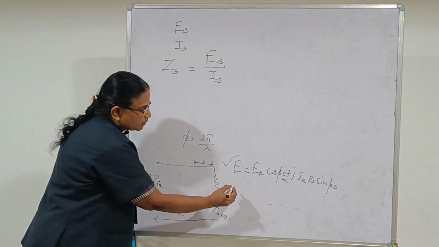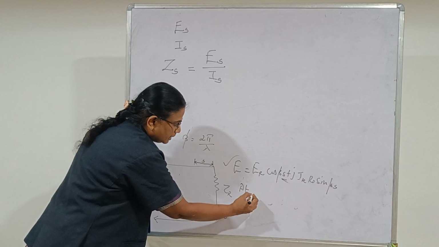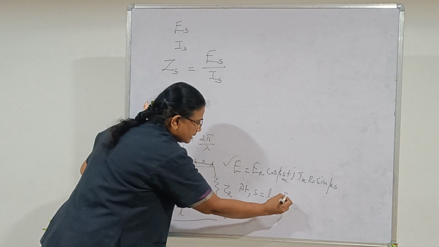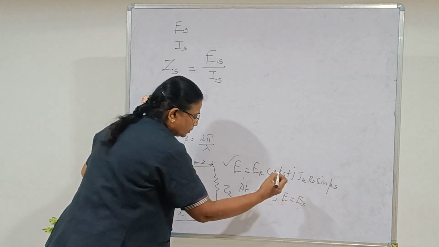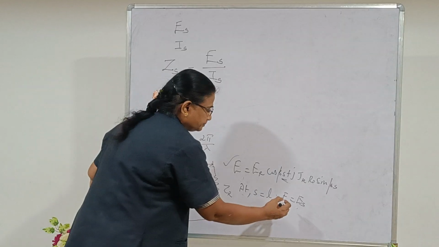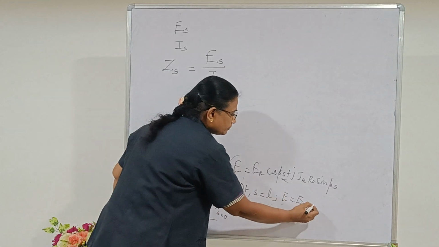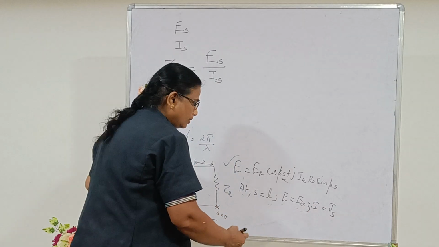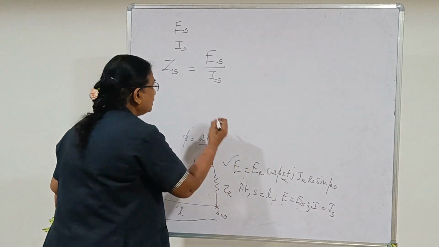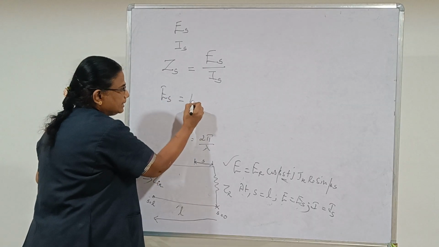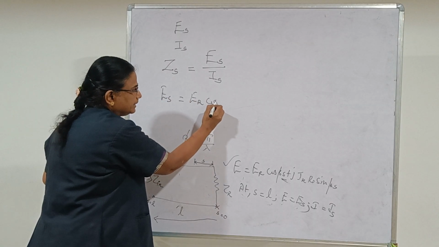At S is equal to L, what is E? E is equal to ES. So at S is equal to L, E equal to ES, and at the same time I is equal to IS. So now let us find out ES. So what is ES now? It is ER cos beta